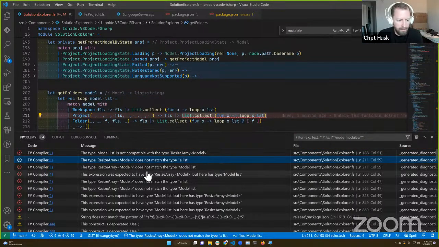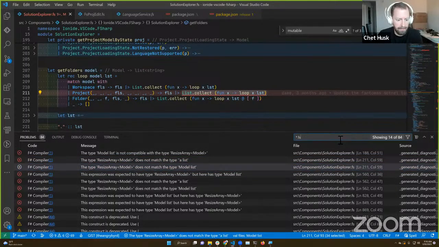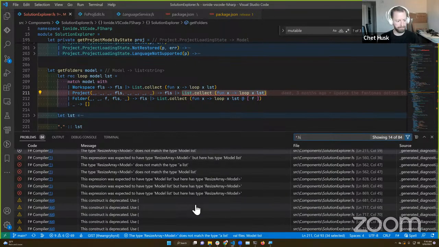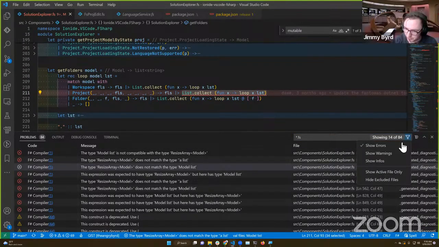So what are we looking at? There are some helper functions that are trying to get all the folders. Oh yeah, good point. It turned off warnings, or don't show warnings, but I'm still seeing warnings.